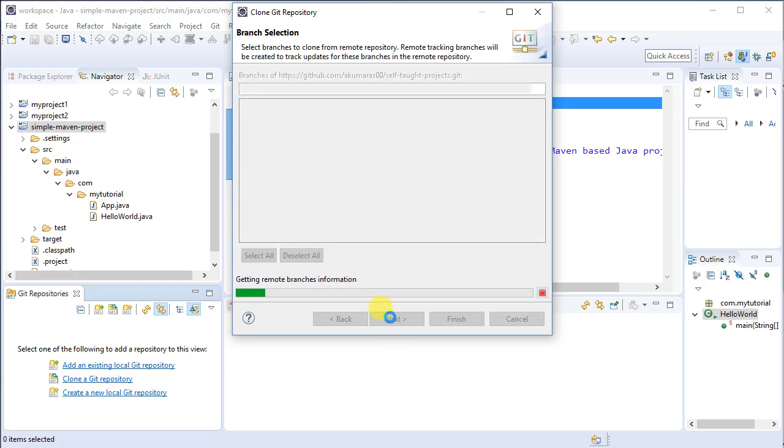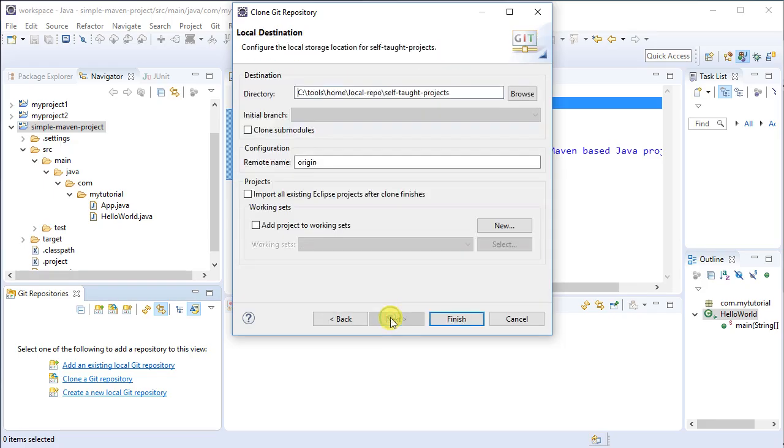Then you click on next, next again, and it's telling you where your local repository path is. So you have already set up a folder called tools, home, local repo, and then it'll be under self.projects. The repository name on the GitHub is called self.projects, so we'll keep the name the same. And then if I go and finish,